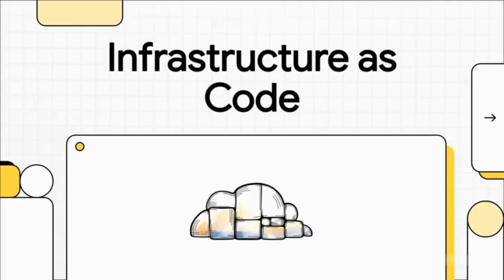All right, let's dive into something that has completely changed the game in modern tech: infrastructure as code, or IaC for short. We're going to talk about how this whole idea takes the super complex, hands-on job of building IT infrastructure and turns it into something you can manage just like, well, any other piece of software.